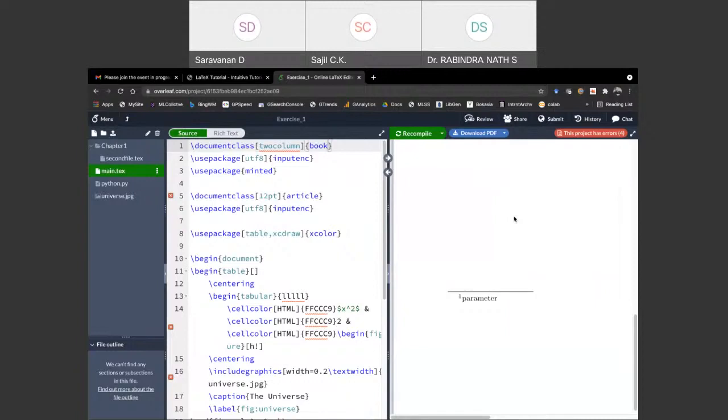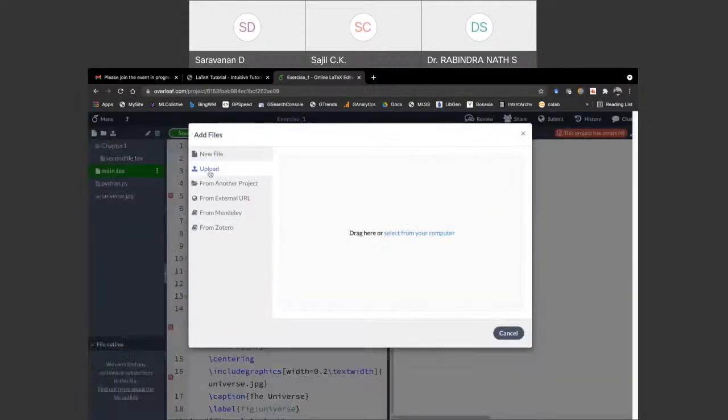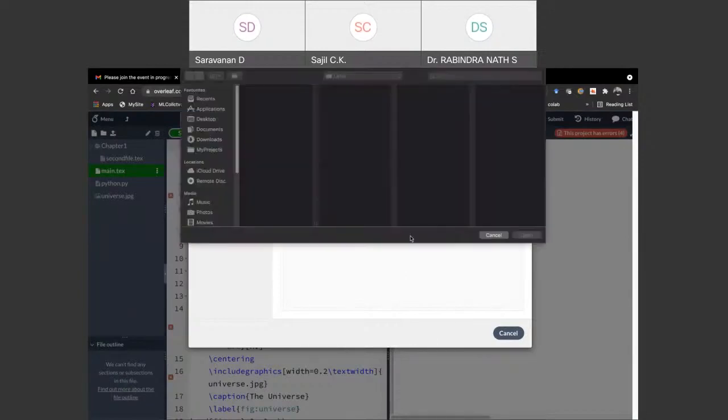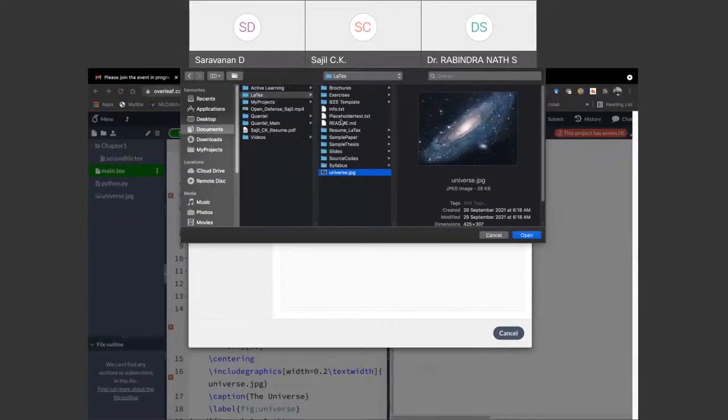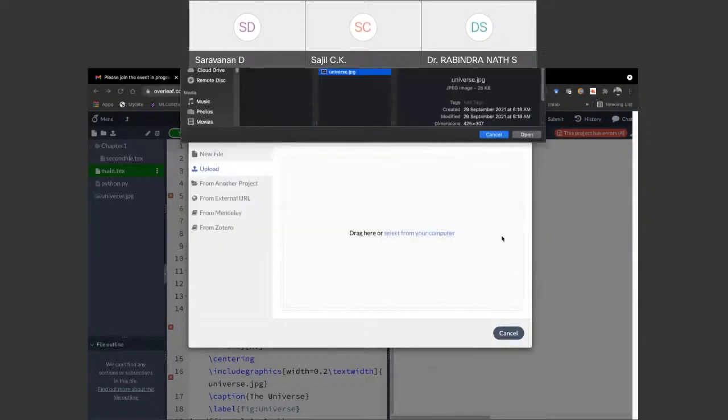Oh, okay, you need an explanation of how to take a figure from local disk. So it's very simple. There is this upload button here, which you can see. You can press it, and there is another upload option here. There is this option called drag here or select from your computer, and then you can go to the respective folder and select the PNG or JPEG or whatever image it is here.